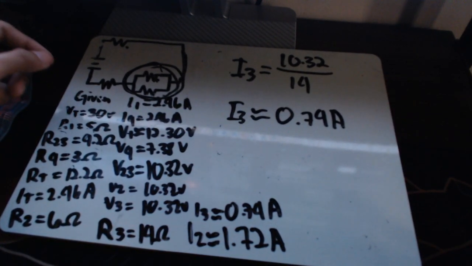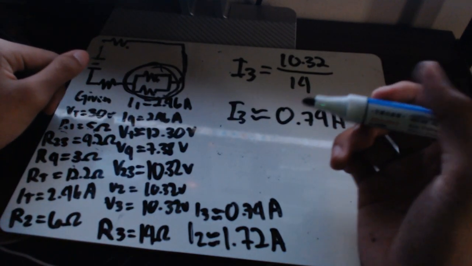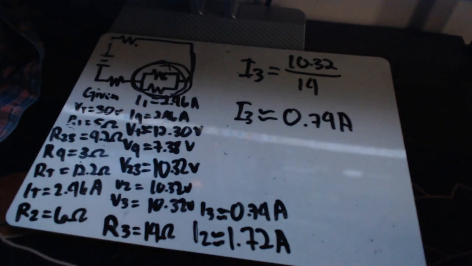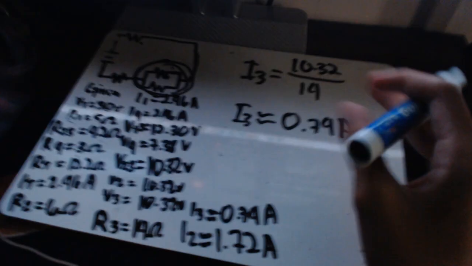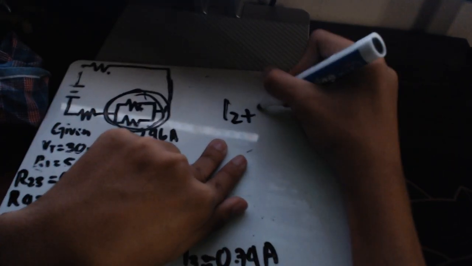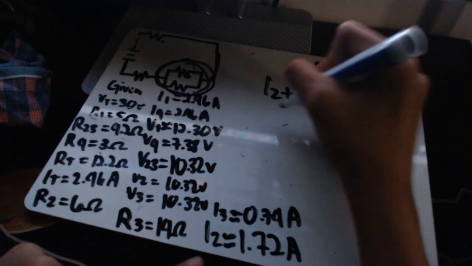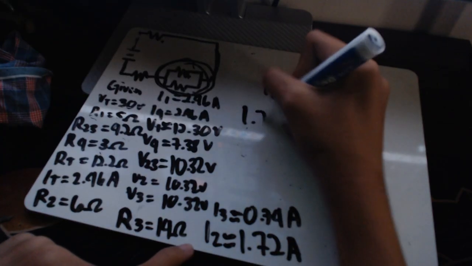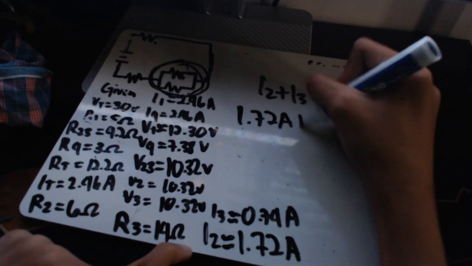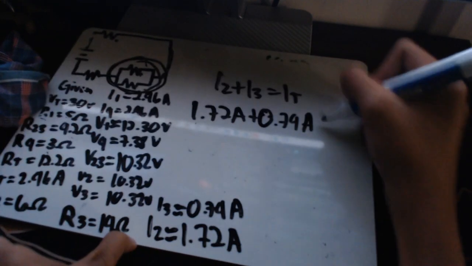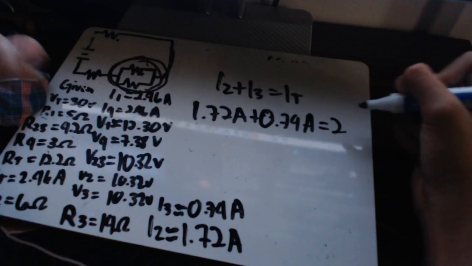And now, before we finish, let's check our answers. The current through the parallel branches should add up to the total current. So this is the formula. I2 plus I3 must add up to the total current. So the I2 first is 1.72 amperes, and the I3 is 0.74 amperes, and the total current is